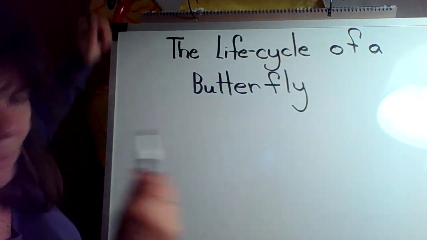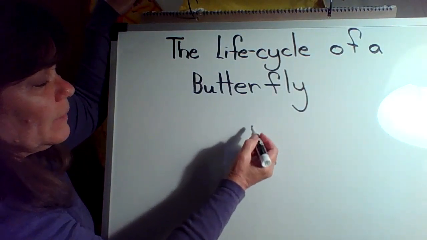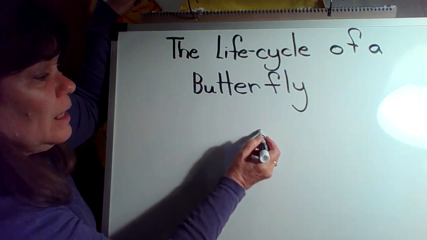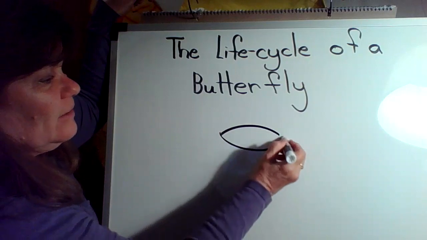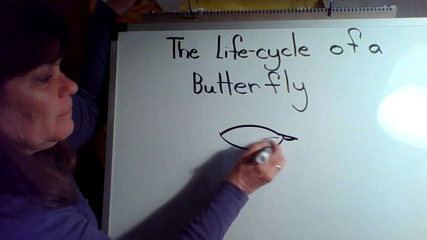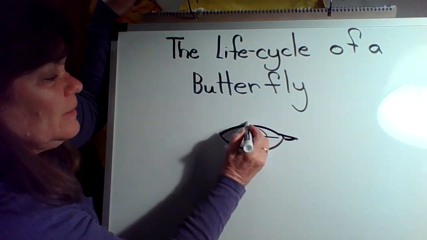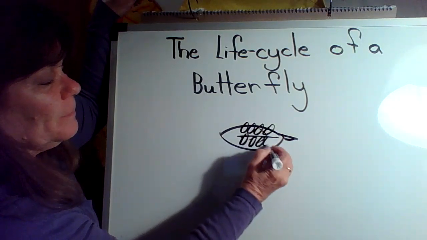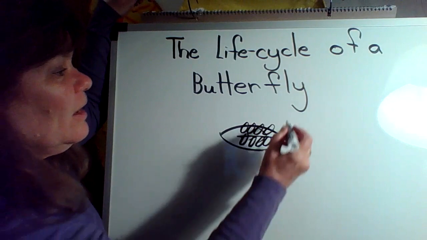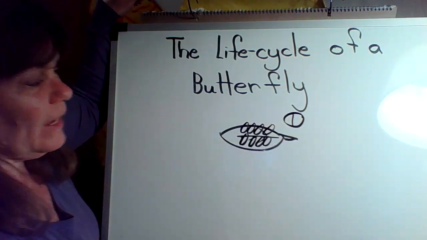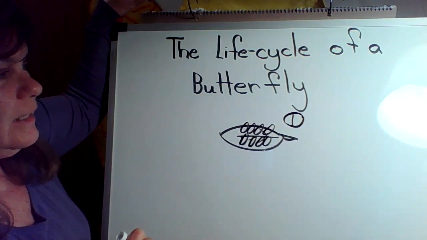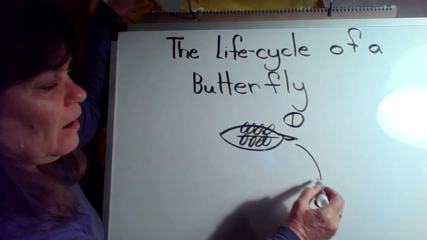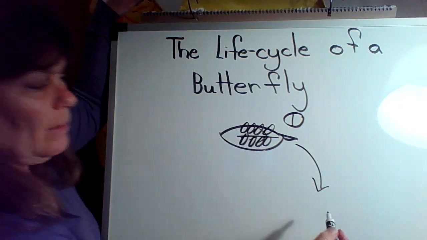So first, remember, the mother butterfly comes over and she lays eggs on a leaf. And remember, she does a whole bunch of them. And they're usually yellow, okay? So that's what happened first, okay? After the mother lays the eggs, okay? The next thing that happens is